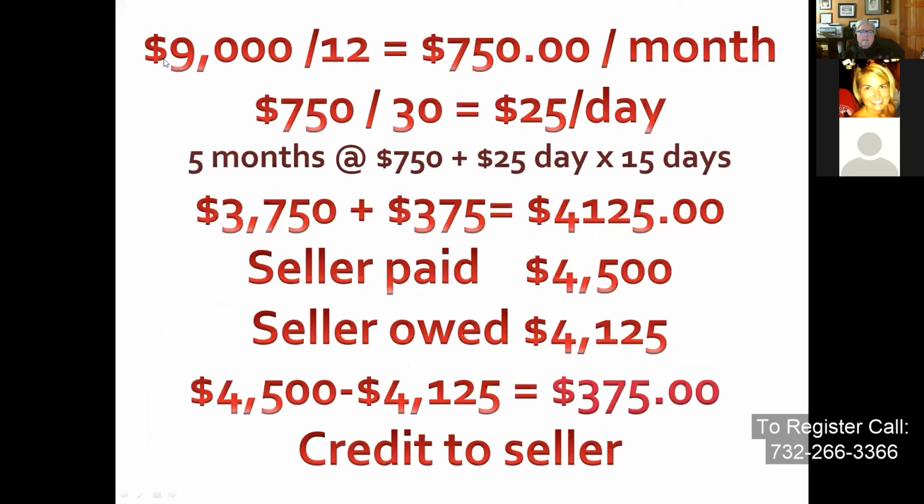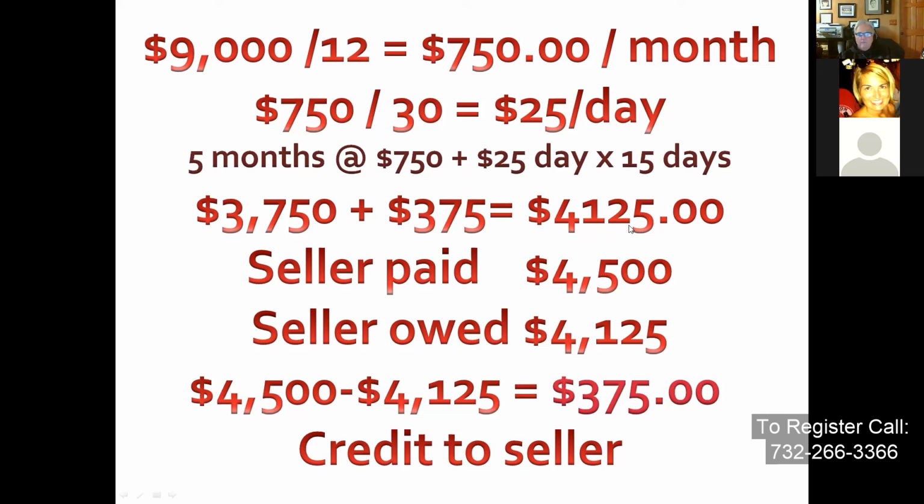So first of all, we're going to take the yearly taxes, which are $9,000, and divide it by 12. Now we see the taxes are $750 a month. At the beginning of the test, they're going to tell you to use 30-day months. So we're going to say $750 a month divided by 30 days in a month is $25 a day. So we have 5 months at $750 plus $25 a day for 15 days is $4,125